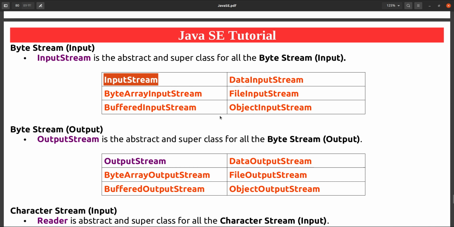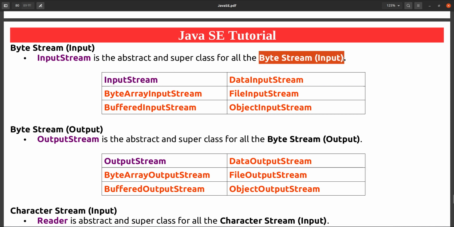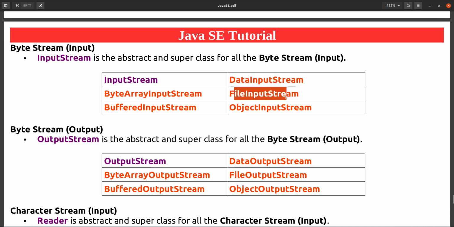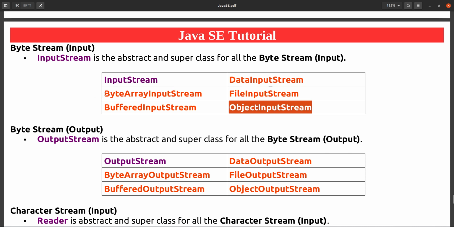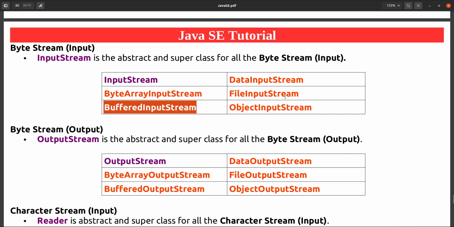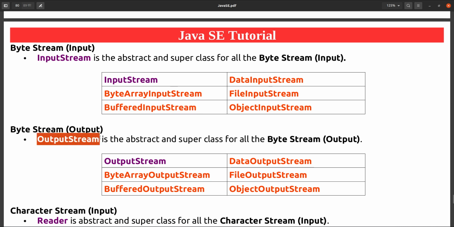And these five are the implementations for input stream, because input stream is an abstract class. This is an abstract class, and this is the super class for byte stream of input type. These are data input stream, file input stream, object input stream, byte array input stream, buffered input stream. So these all are the implementations for input stream, and input stream can be used to take the input of byte stream data.